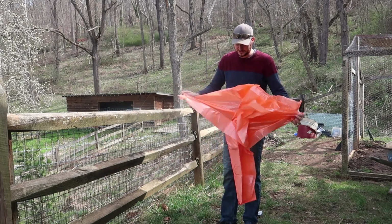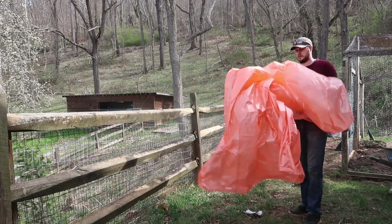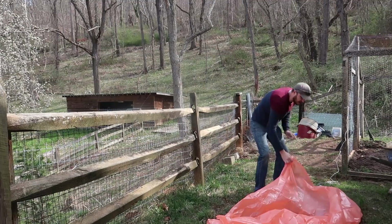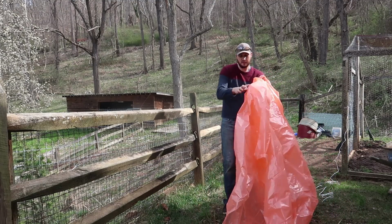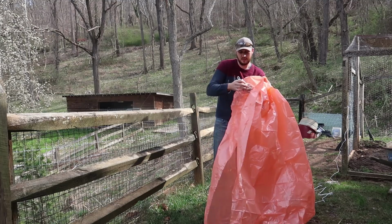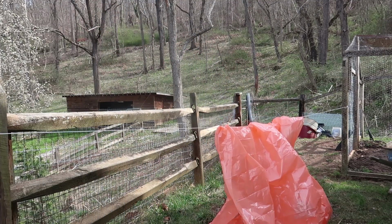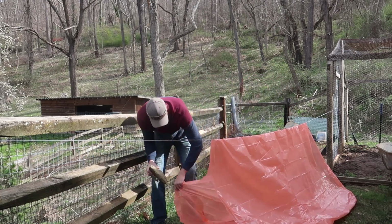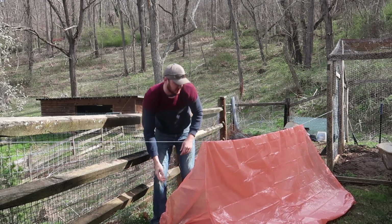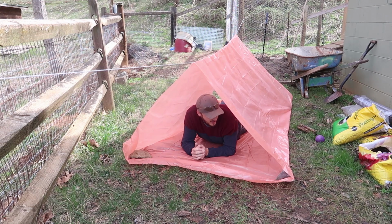You'll need 2 trees. Get the rope tied up on one side and then put it through this plastic bag and tie it up on the other side of the tree so that the rope is pretty tight. I guess you'd have to find some kind of rocks. Don't have to be that big, and put them in the corner so that way it stays. And there you go, you got a little tent over here,